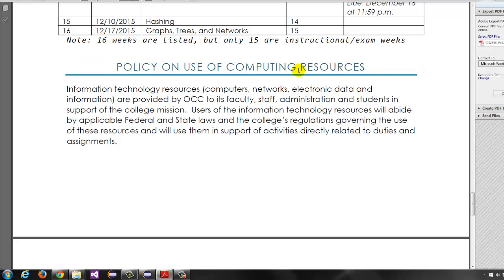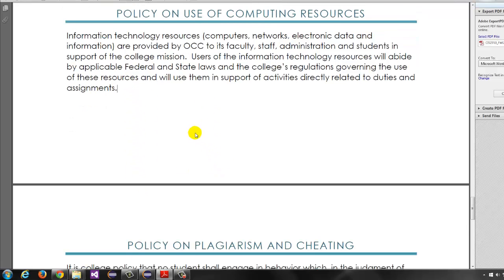So we don't really care, but as far as using computer resources on campus, please make sure you don't do anything stupid. Don't do things that are illegal. Please don't look up inappropriate material on the computers on any of the campuses. You will probably get in some sort of trouble at some point. So it's basically the computers are provided for you so that you can do research and learn what they refer to as in support of the college mission.